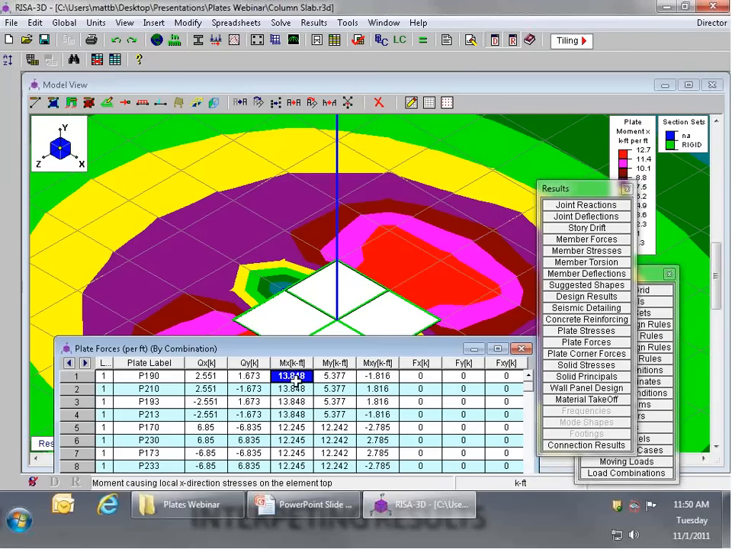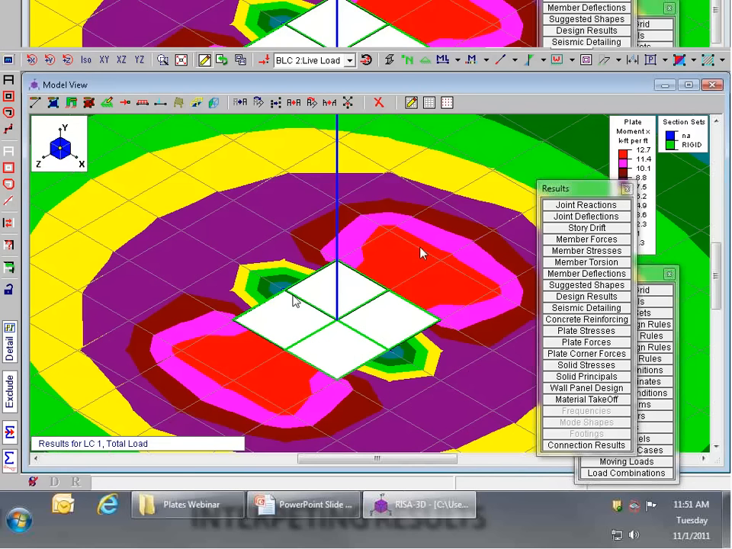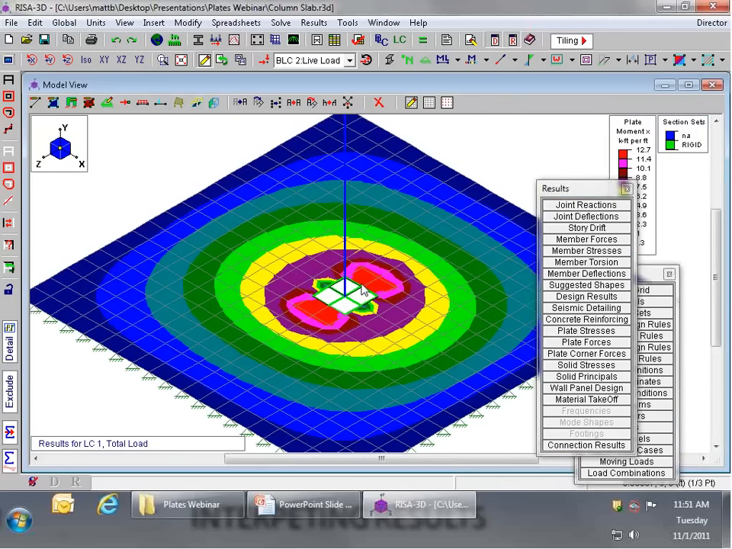So our true design moment would be 13.8 kip-feet per foot, plus or minus about 1.8 kip-feet per foot, to result in an actual design moment of about 15.6 kip-feet per foot for these plates. Now, that's all well and good for these plates right here, but when it comes to actually designing in concrete,